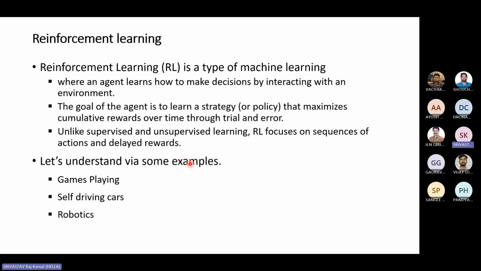Now if it hits it right, they feed the pigeon. If it hits somewhere else, they do not feed it. That's the penalty. So feeding is the reward, not feeding is the penalty. What they observed over a thousand such attempts is that at the end, the pigeon was just hitting the right yellow part of the cardboard. So that's reinforcement learning, where you make your system learn based on its interaction with the environment.